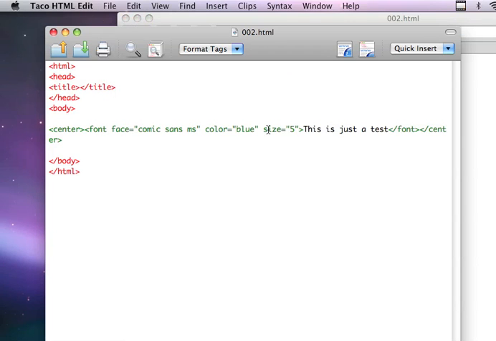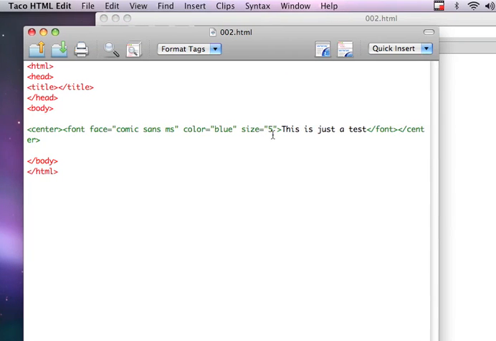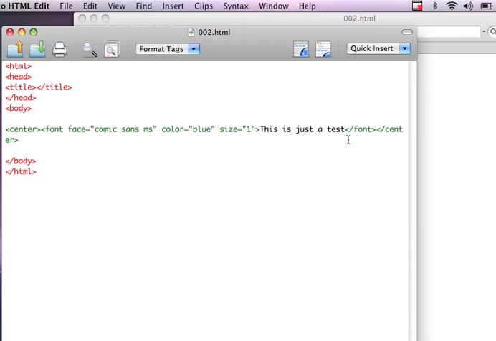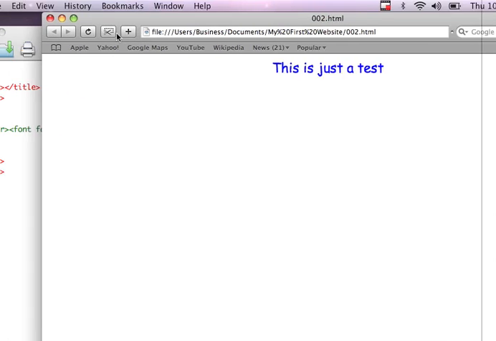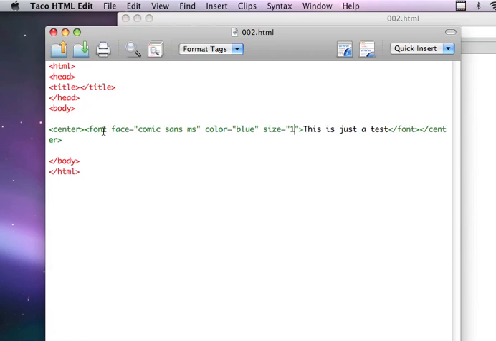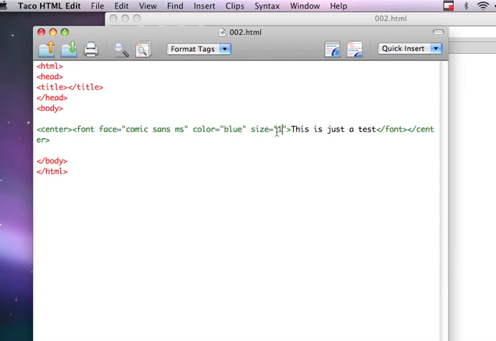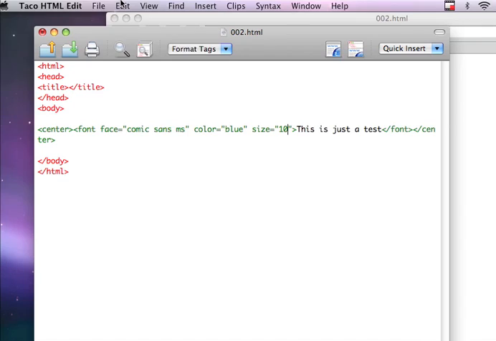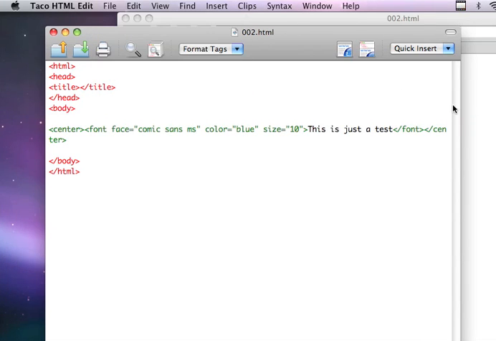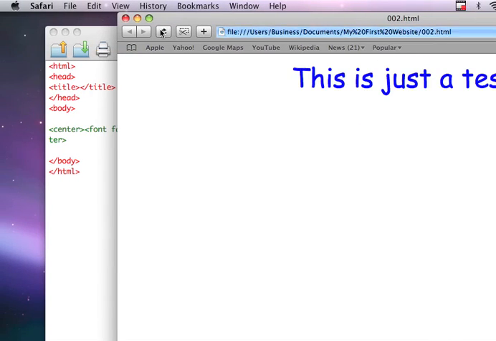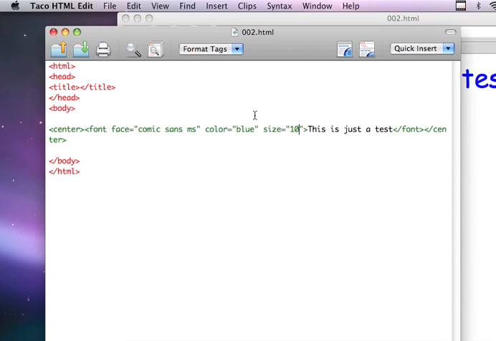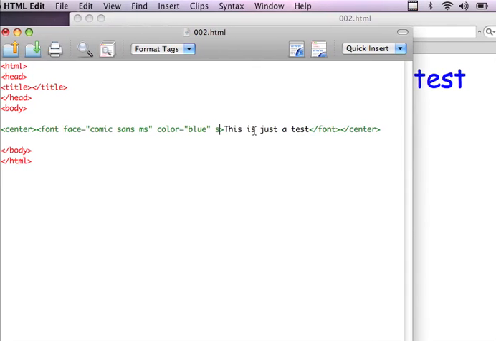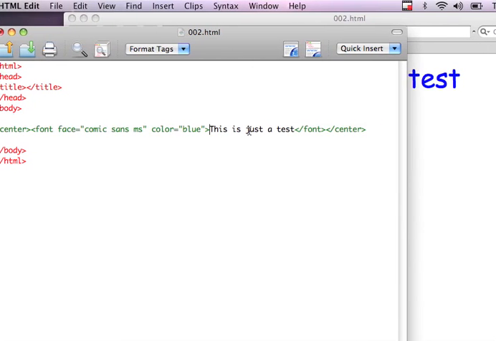There you go. The sizes aren't like 12. The lower the number, the bigger it is. So if you do, I'm sorry, the smaller it is. That's what I meant. So if you do like a 10, it's not going to be really like a 10 font. It's going to be huge like this. But let's just say I'm going to put it back to default. So I'm just going to delete this, and I'm going to teach you how to make your